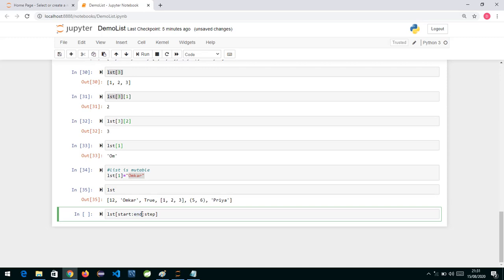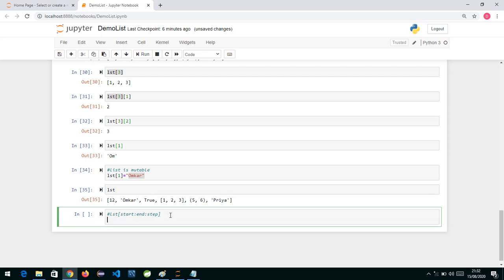And step is by default +1, so every time it will extract the next element. If you write 2, it will step by 2, always adding 2 to the start position and getting the data accordingly. So let's do some slicing operations.